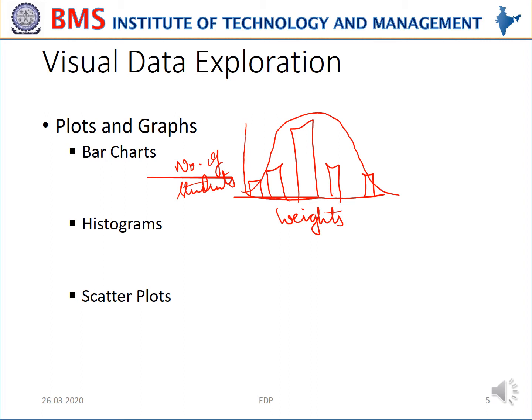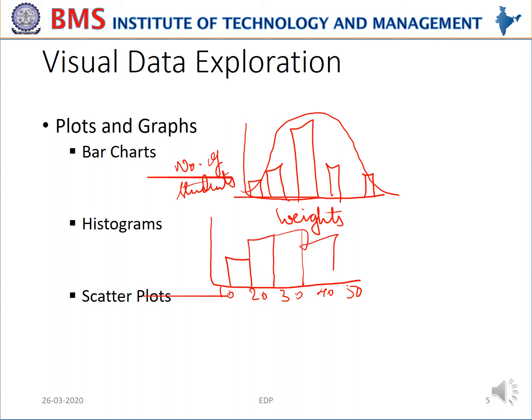Next type of charts are histograms. These histograms provide an easy way to visualize the central tendency and to determine the variability or spread of the data. In cases like we have some intervals between 10-20, 20-30, 30-40 and 40-50, what is the frequency of data points? Say between 10-20 we have these many data points, 20 to 30 we have these many data points, 30 to 40, 40 to 50 and so on. This will help us to know the distribution of the data.